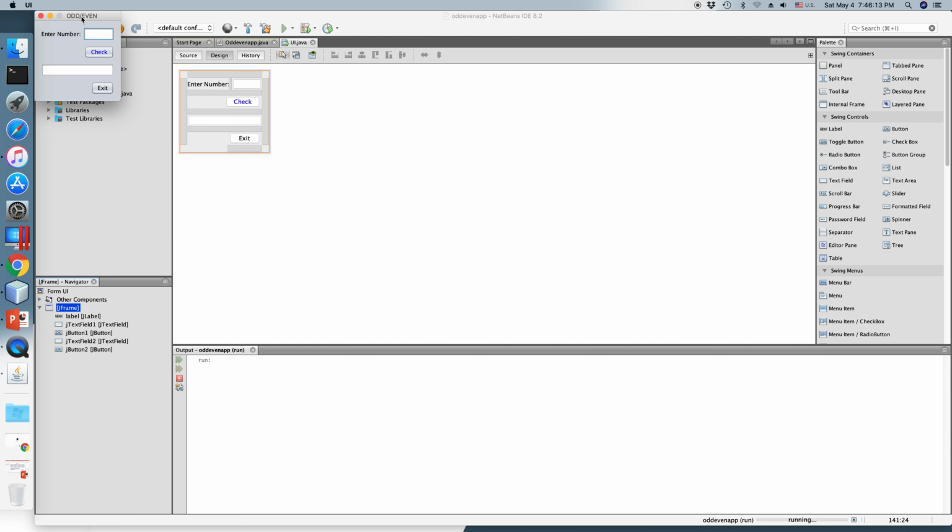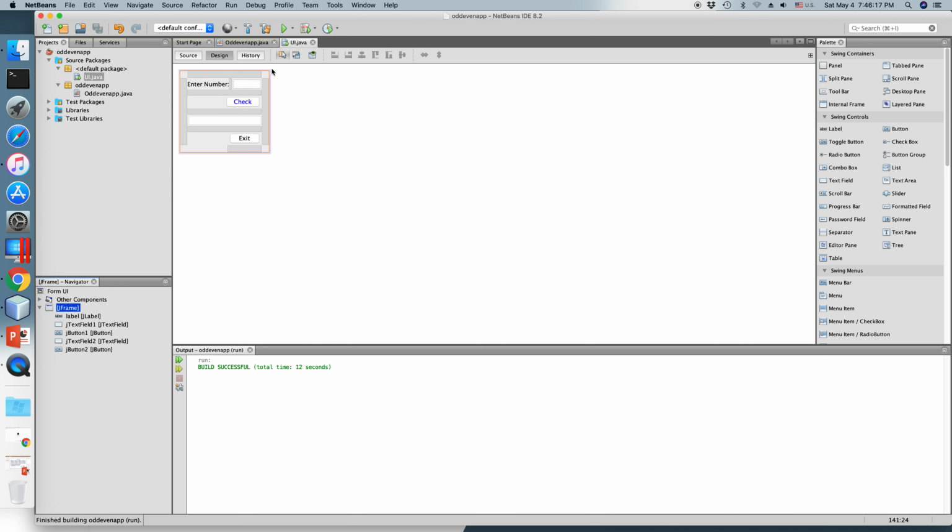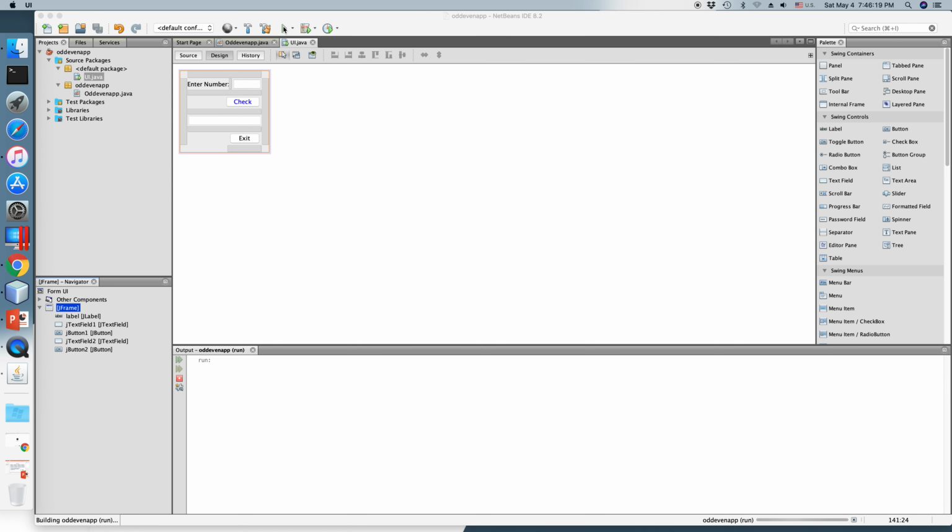See, at the top left corner it's always opening. So I want my application to be opened within the center point of my screen. So how can I do that? I can go to my JFrame properties like before, and within the properties I can go to this code